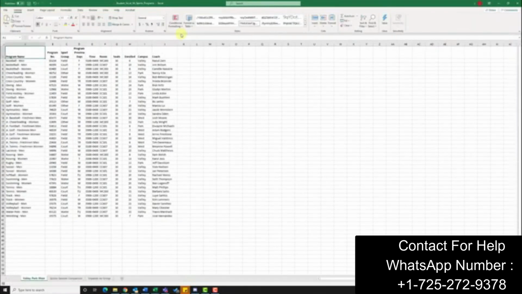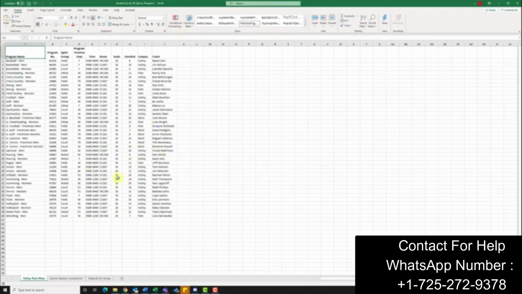So this one is very similar to our assignment that we did earlier in the week. We are going to create a database. We're going to create some tables, and we're going to do some advanced sorting. So very first thing we want to do on step number 2 is display the Valley Park West worksheet, and